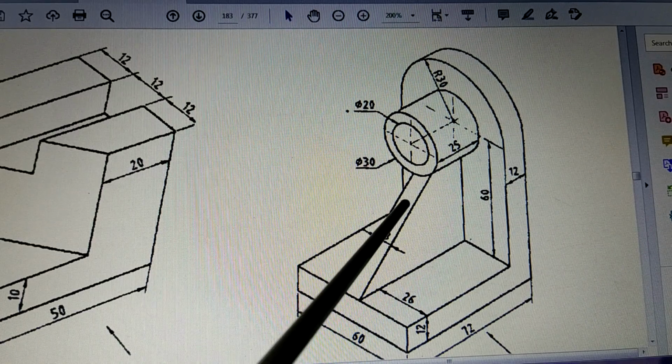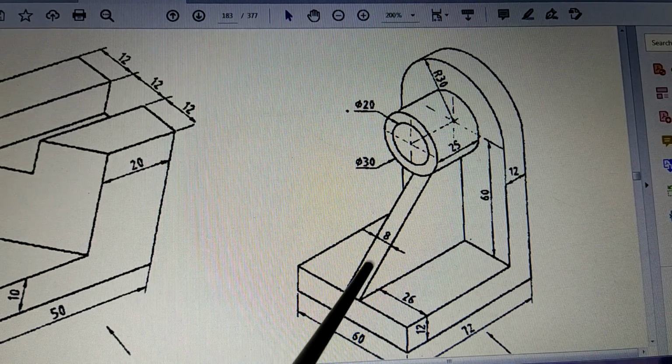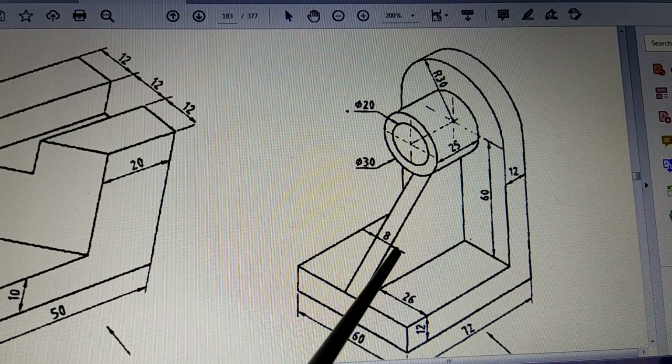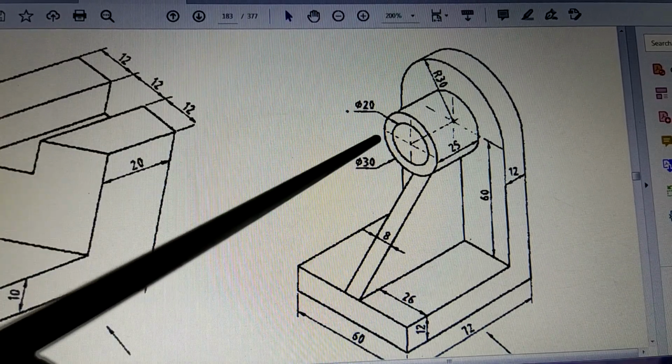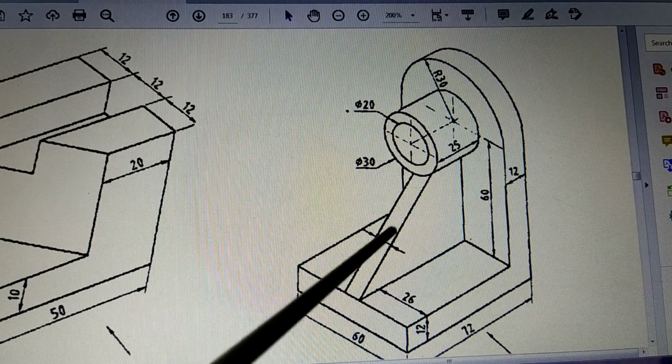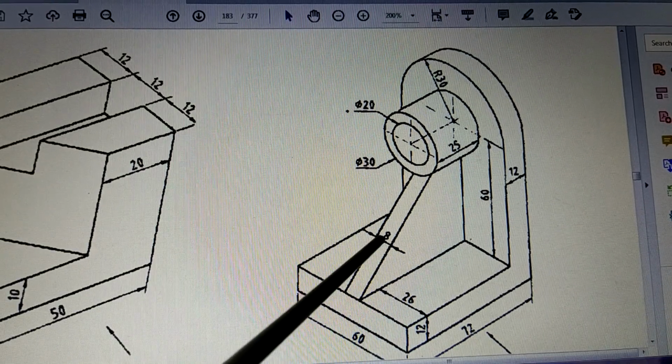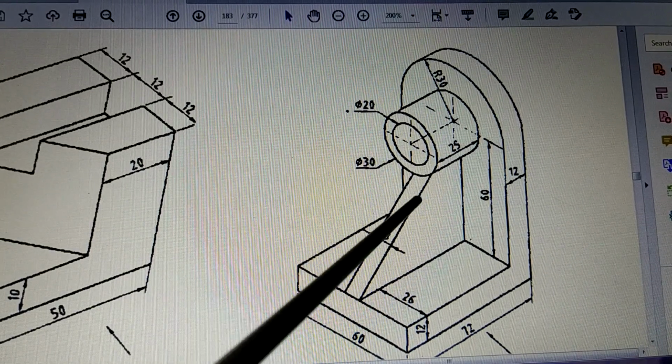After that, can you see this surface from above? The surface which has got a width of 8. Now this surface you can see from above. So when you see from above, you have to draw it. So where do you draw this surface? You draw this surface as two lines. Now where will be this line?